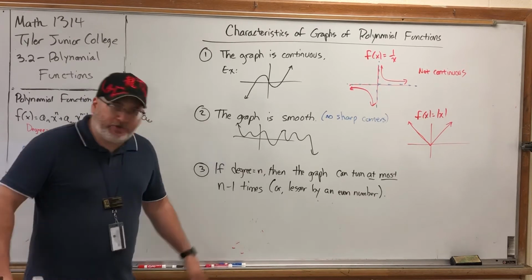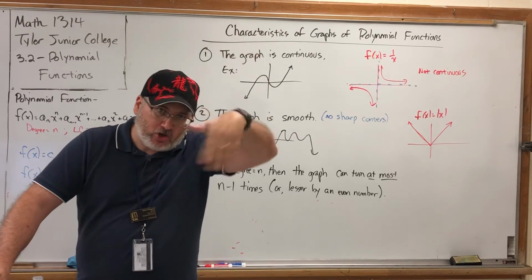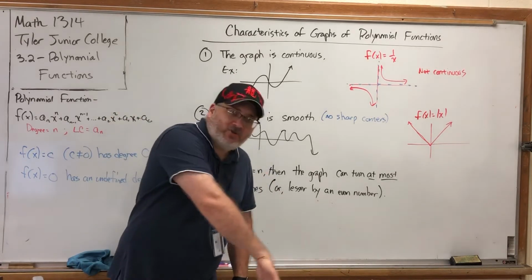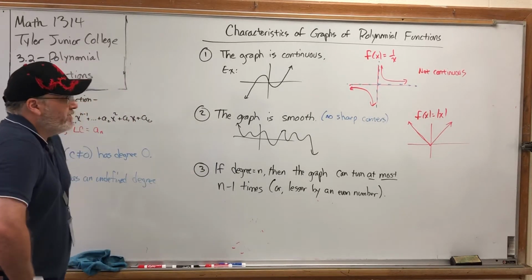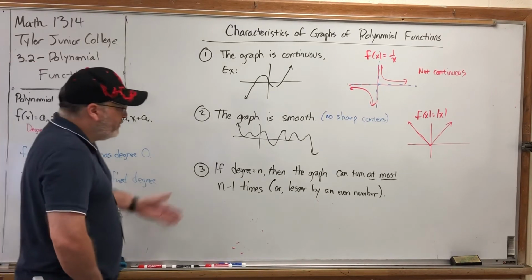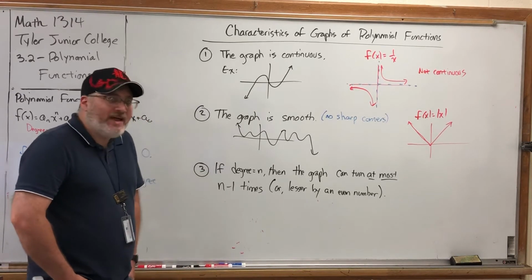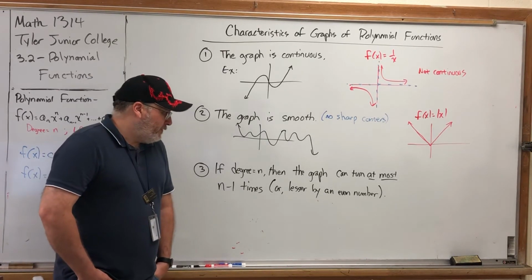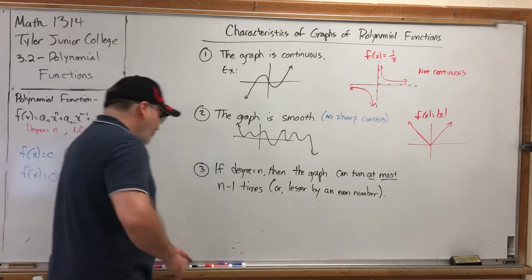For a quadratic function, it will turn exactly once. If it's a parabola that opens up, it decreases and then it increases. So it turns or changes direction once. If it's a parabola opening down, it increases and then decreases. So it turns once as it changes direction vertically. But you can predict the number of times the graph of a polynomial function will turn based on its degree. If the degree is n, then the graph can turn at most n minus 1 times. Now, it doesn't have to turn that many times, but it can. It can also turn fewer times, but if you go fewer, you have to reduce that number by an even number. So, for example,